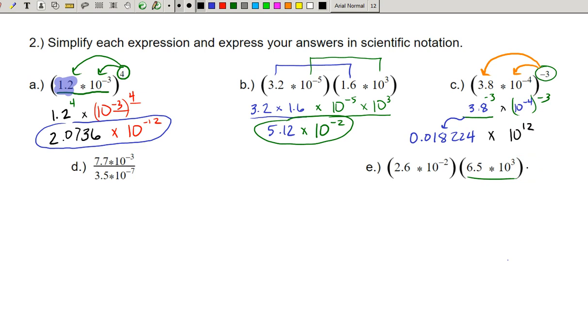Okay, so if you look back on this, this is not in scientific notation, technically, because that first number is not in between 1 and 10. It's below 1 and 10. So how do I get that into scientific notation? What I'm going to do is take the decimal point and move it over a certain number of times so that the number that I end up with is in between 1 and 10. So to do that, I'm going to take the decimal point right here and move it over once,